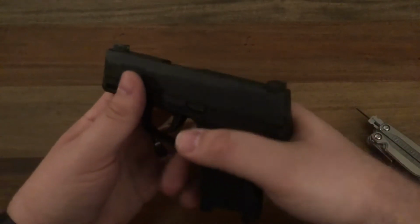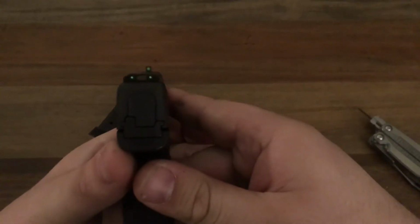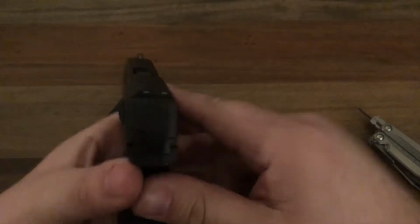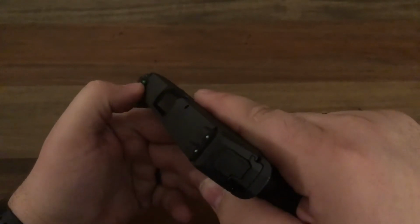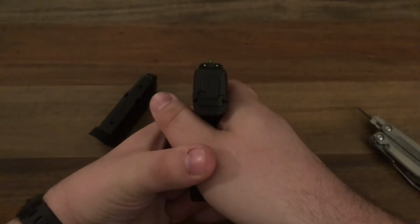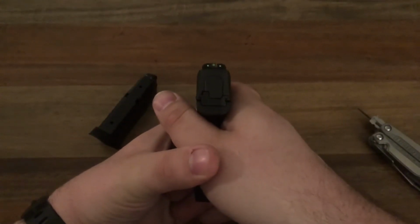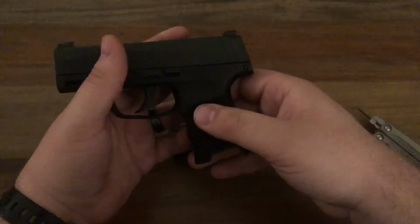It's nice and light. The sights are phenomenal. They come with the X-ray sights right out of the box, and they glow really good. You can see there, the tritium's very nice in them. Even in broad daylight, you got a nice luminescent painted circle around that. The sights really do pop out. They just jump at you. It's like there's a little powered light bulb in those things. Those are very, very bright